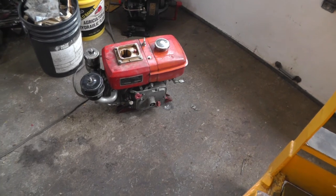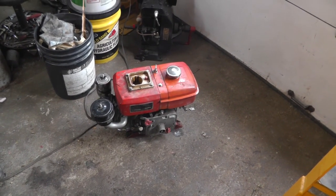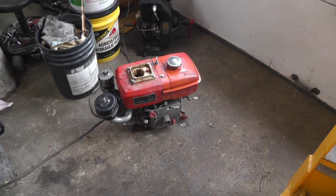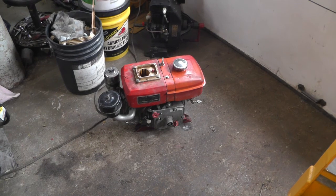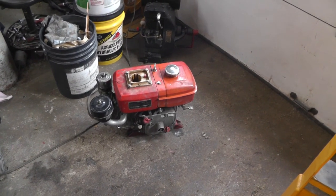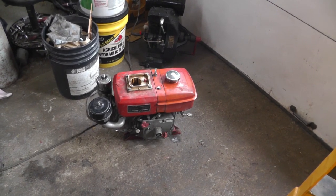Well, I got my rock crusher out, crushed up my 6 buckets of rocks, took the diesel engine off it because I was going to switch it out to something a little more powerful because it would stall once in a while when you get a big rock. It was kind of hard, so